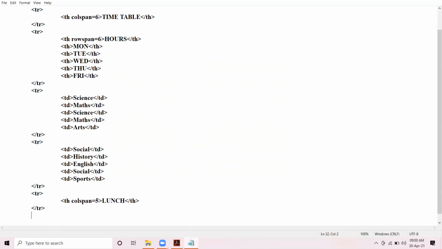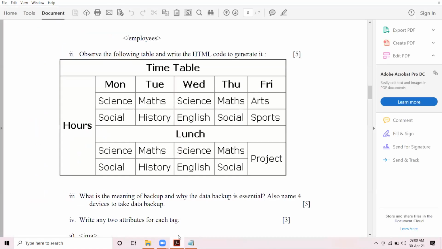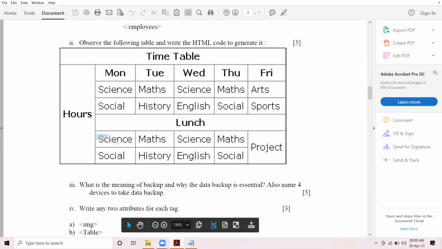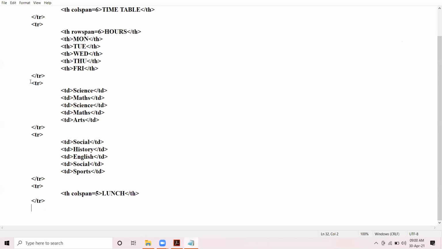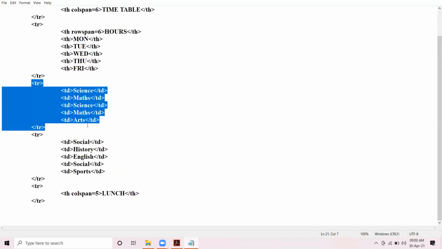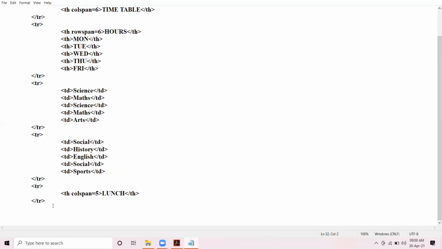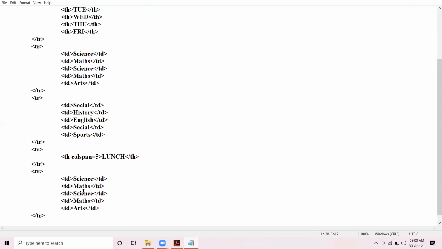Then after that, again the same cells, science, maths. Okay, so I'm going to copy this and I'm going to paste it over here. Science, maths, but this is spanning across 2 cells vertically down.